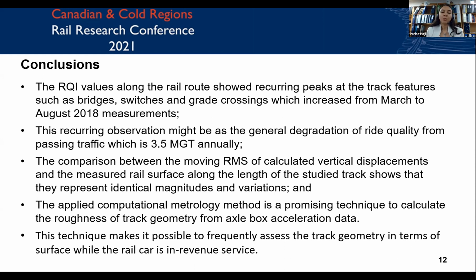The comparison between the moving RMS of calculated and the measured rail surface along the length of the study track represented identical magnitudes and variations. And the results show that the applied computational metrology method is a promising technique to calculate the rail surface roughness of track geometry from axle box accelerations data. And these techniques make it possible to frequently assess the track geometry in terms of surface while the rail car